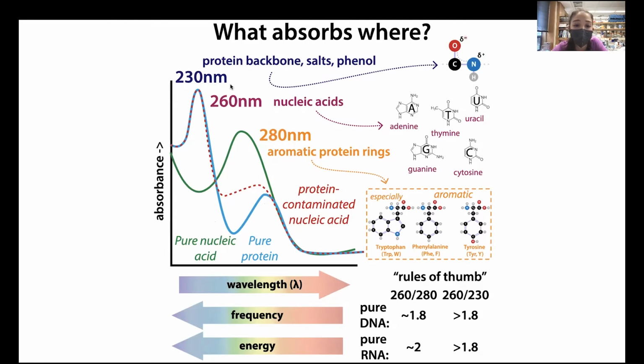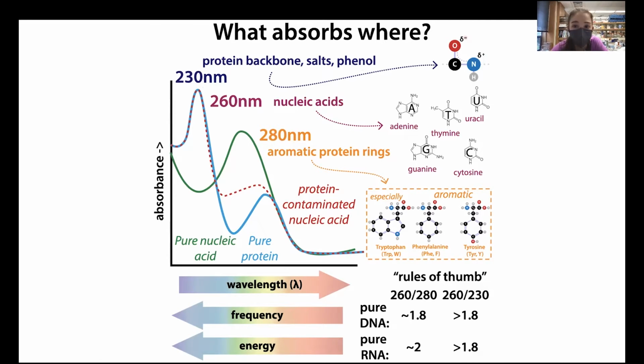And 230 is also, you'll get some absorbance from phenol, which can cause problems if you're doing an RNA extraction, but also from salts. So when you're trying to purify RNA or DNA, you want to look at this 260 to 230 ratio to make sure that you don't have too much contamination from the salts and the phenol,